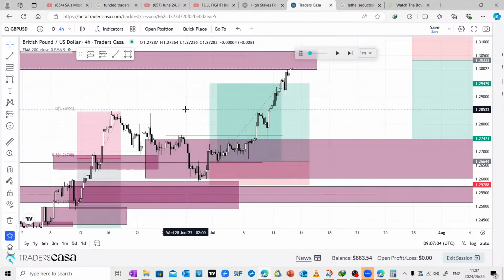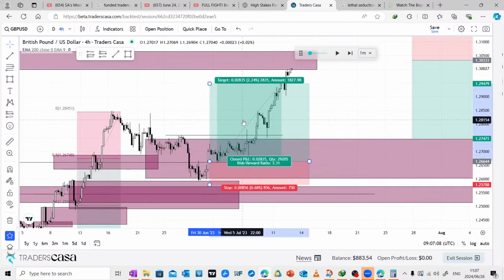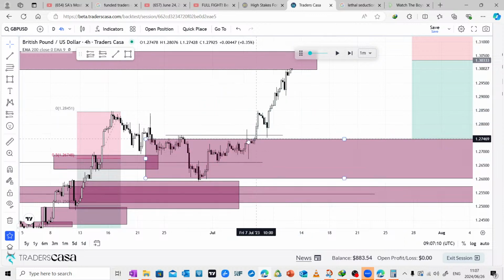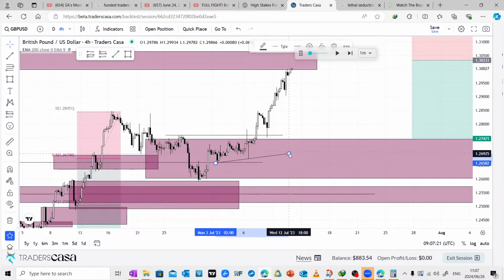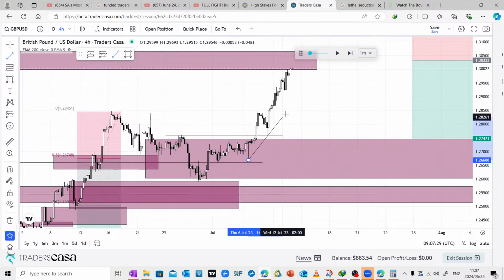So let me delete some of these lines. The leg which took out buy side is this one, this leg. So this is the leg that's going to count instead of mapping from this to this. That'll be biased, right? So the actually true leg is going to be the leg that took out buy side, because taking out buy side is what was important. So it's this one to the first retracement after the breakout, which is this one,